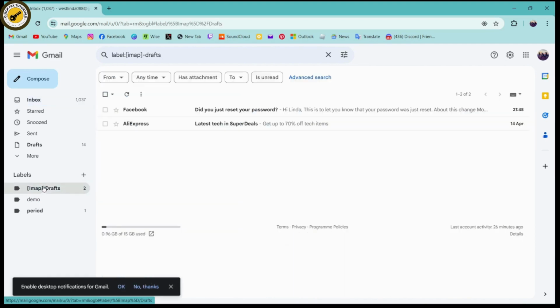So if you open that, here you will have that mail under your label. So that's how you can direct emails to a particular folder. Folders and labels are the same thing. So it's quite similar. So that's how you can create your folders, and that's how you can direct your emails to a